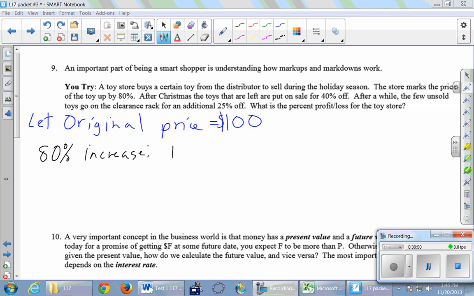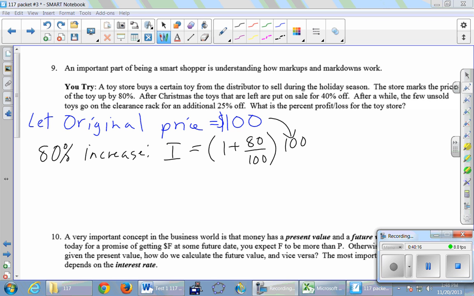So the formula said I equals 1 plus, now for the first time today, I'm telling you what X is in the formula. X is the percent increase, 80. X is always divided by 100 times the original. What was the original? It was $100. That's the choice that we made right there, okay?